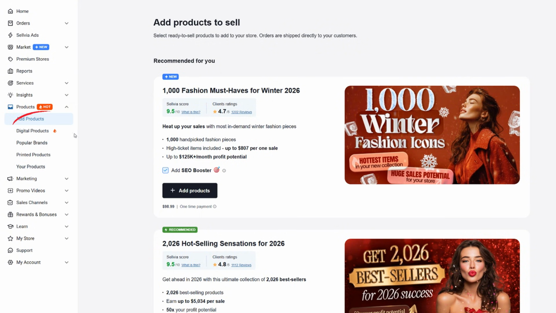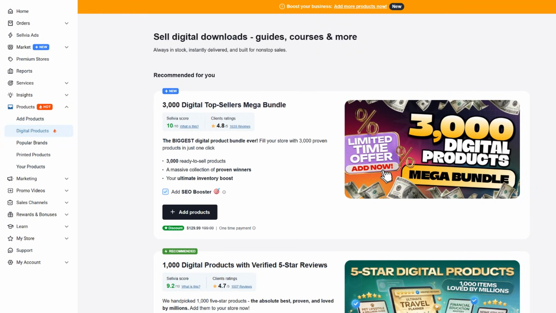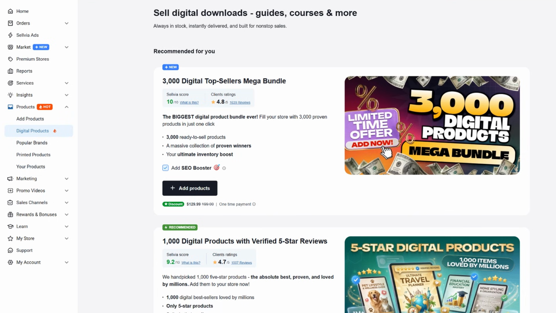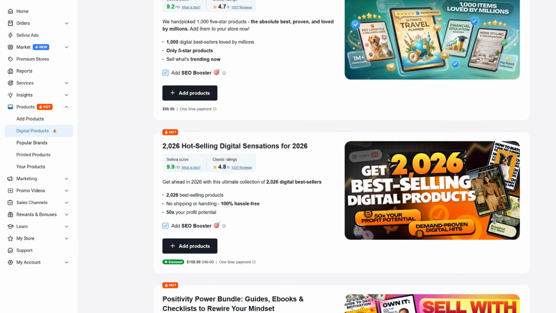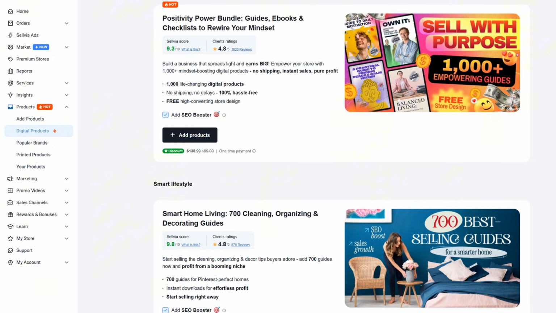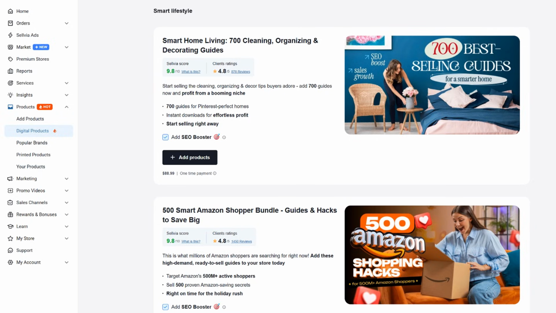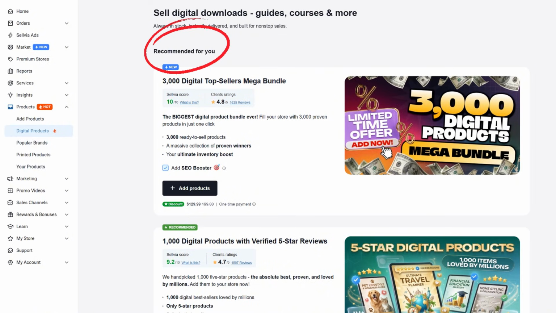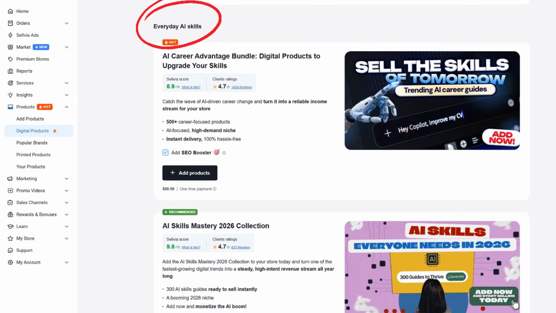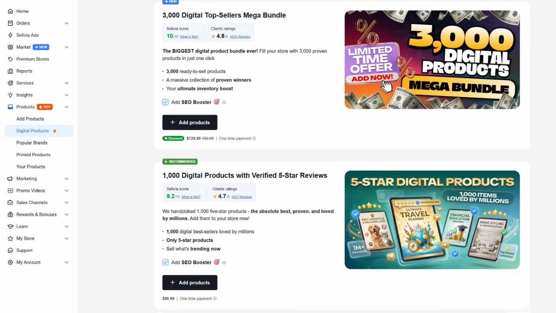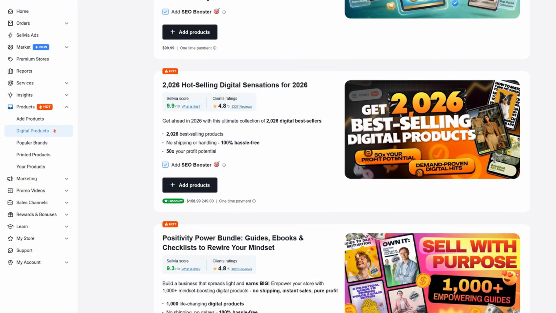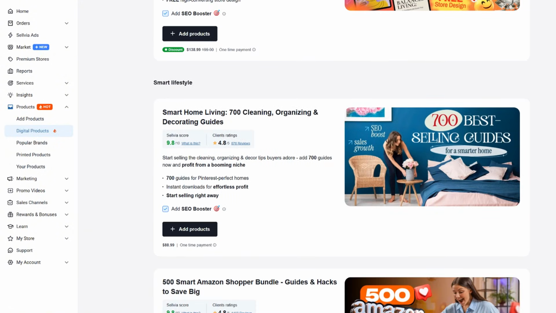Next is digital products. Like the name implies, this is the area dedicated to all of the digital products. These are items that are delivered instantly after purchase, such as planners, guides, templates, bundles, and other downloadable content. These types of products are grouped into four categories: recommended selections, everyday AI skills, health and beauty, and then success in life. If we look at the first one, recommended selections, this is going to highlight newer and more popular